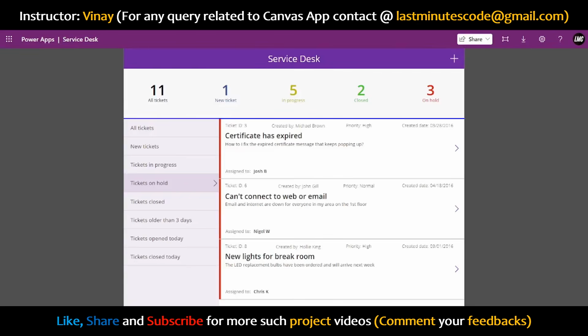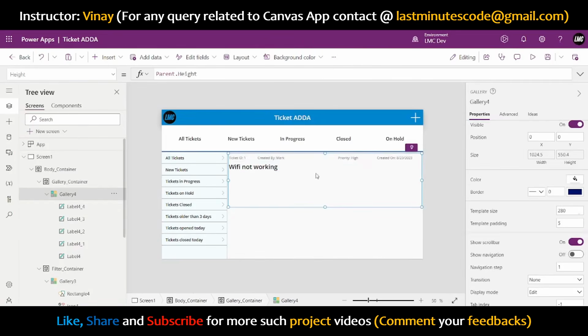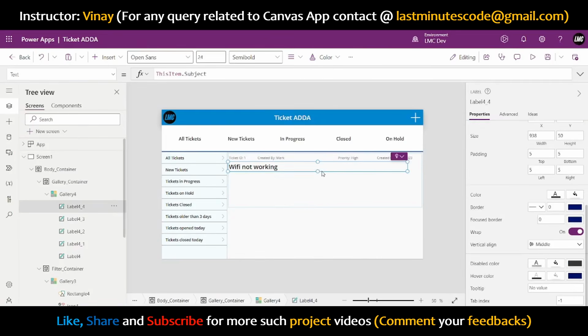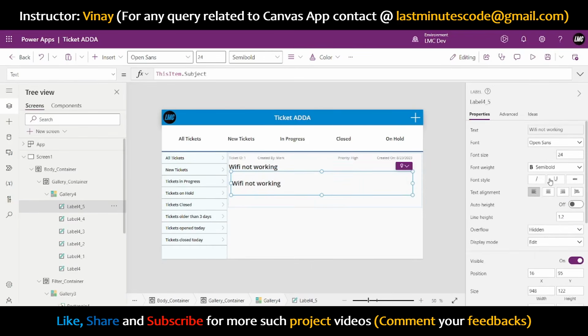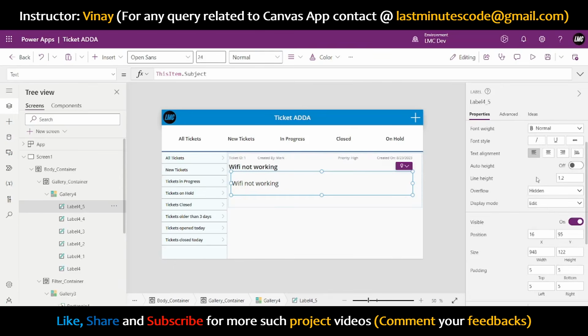I'll say like this. Okay, certificate has expired. So how do I, and then the next line we need to give like the description. Let's copy paste this in this next line. So description, keep a note of it when you make description. So firstly let's make it a normal,